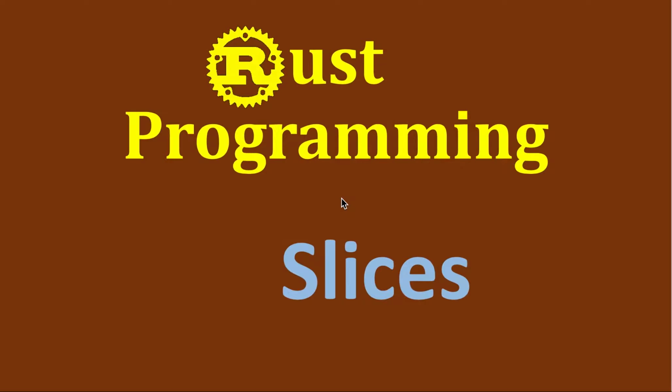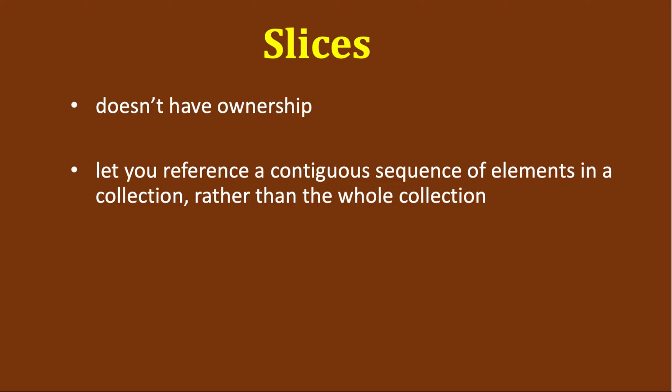Continuing our discussion on ownership principles in Rust, today we will study slices. Slices are another data type that does not have ownership. We have seen references in an earlier video, which did not own the resource, it just borrowed it. Slices are similar to that, and they let you reference a contiguous sequence of elements in a collection rather than the whole collection. So if you have a string,